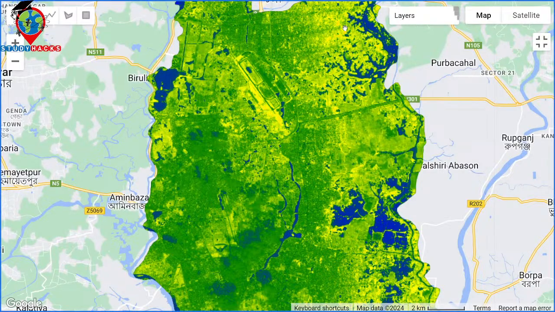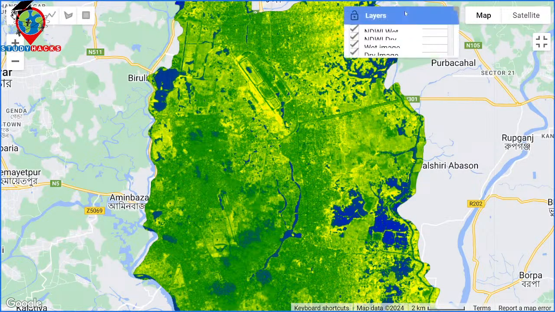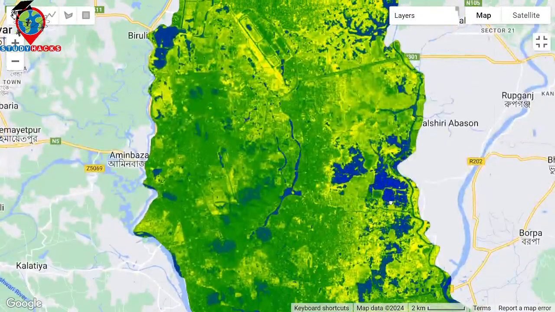So now we can easily trace the water body as blue color. You can see it shows the blue color as the water body.